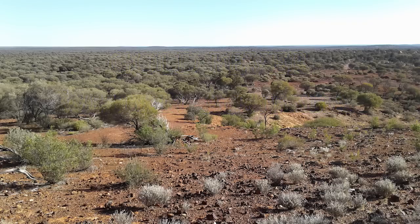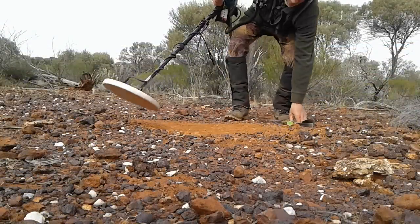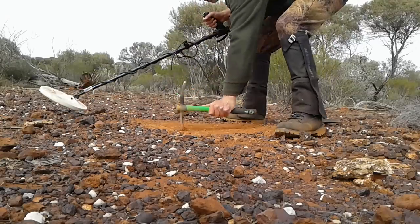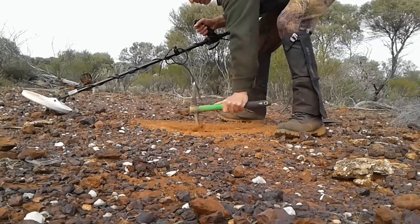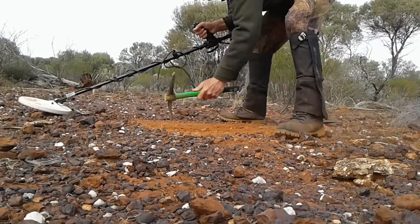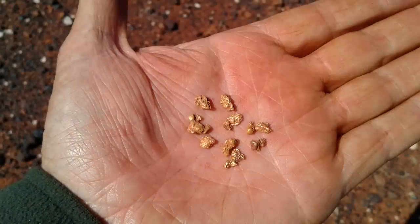Okay, so this is what the general lay of the land looks like. It's very consistently the same. It's got a bit of a mixture, sort of gravel on top, a bit of ironstone, a little bit of quartz, what they like to call salt and pepper, a bit of black, a bit of white. Yeah, I found a few bits of gold, very scattered, but probably found about 7 or 8 bits across that